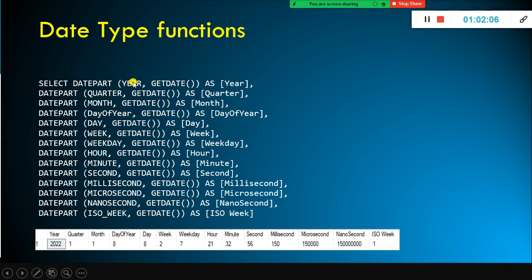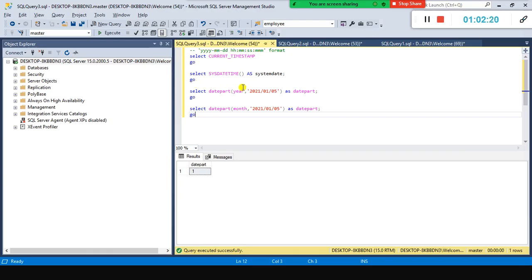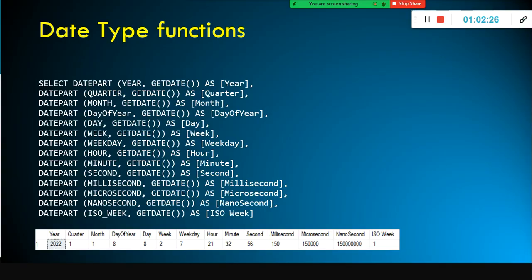So what you want to extract, you need to specify it as the first argument. And then the second argument is your column, or you can hard code it like this, or you can specify the column name from your table. Okay, let's say you have a ship date column. If you want to extract the month, day, or year, month, date separately, order date column, ship date column. So these date columns, you want to extract only the year, month, date and week.